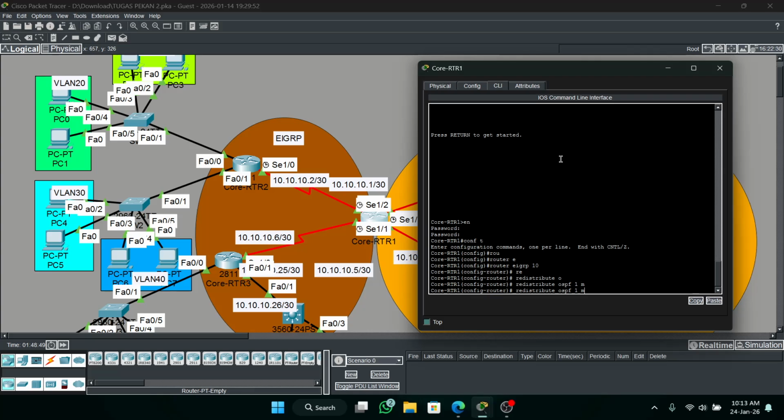Then metric 1000, this means the bandwidth. Then 100 for delay, and then 255 for maximum reliability. Then 1 is for minimum load, and 1500 for MTU. Okay, then enter.